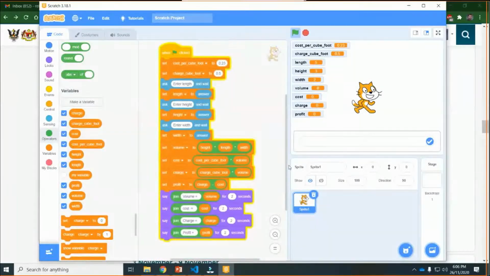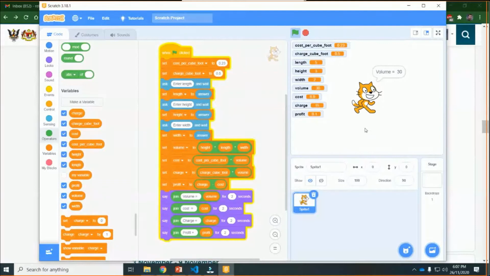Yes, sir. Let's try. First, rerun by clicking the flag. It's asking to enter length. Let's suppose 5. I want to enter small values so that we can easily check whether our program is correct or not. So 5, you see length got a value, and then height equal to 3, and width equal to 2.